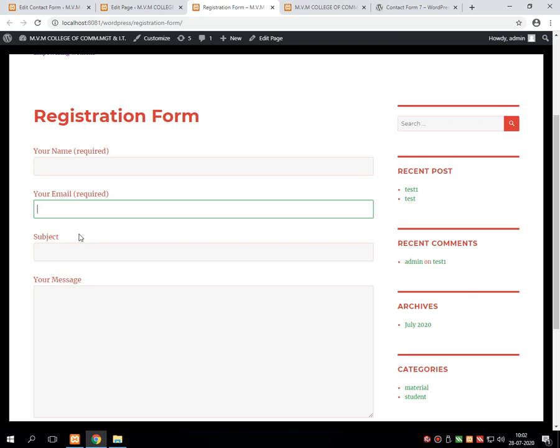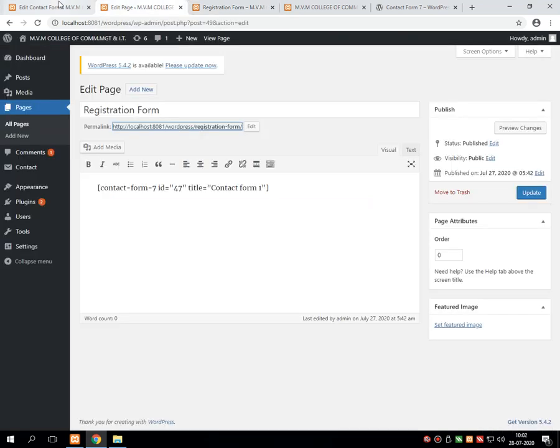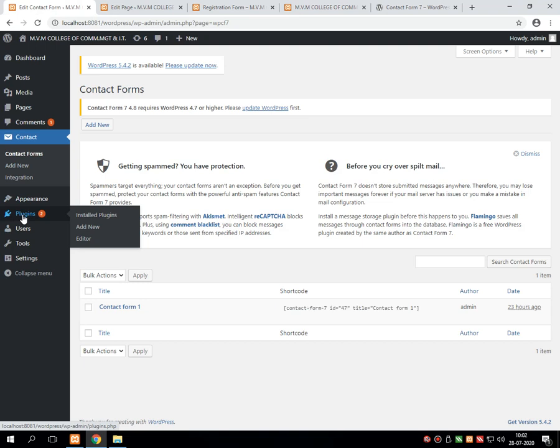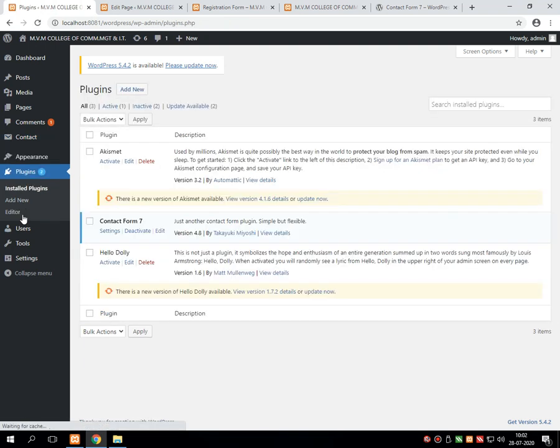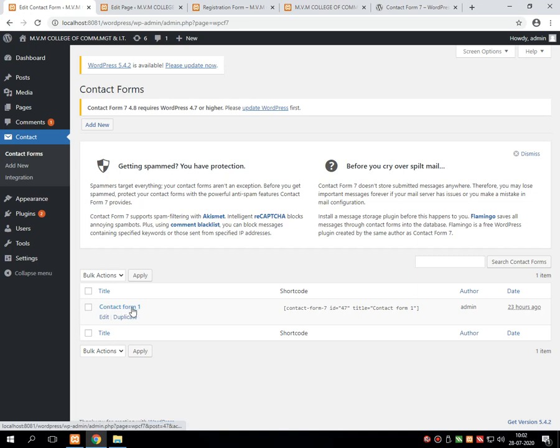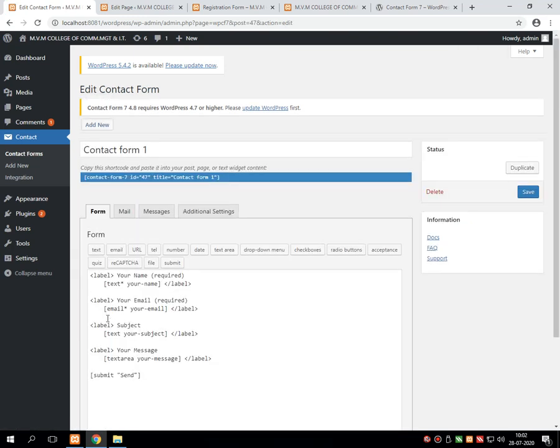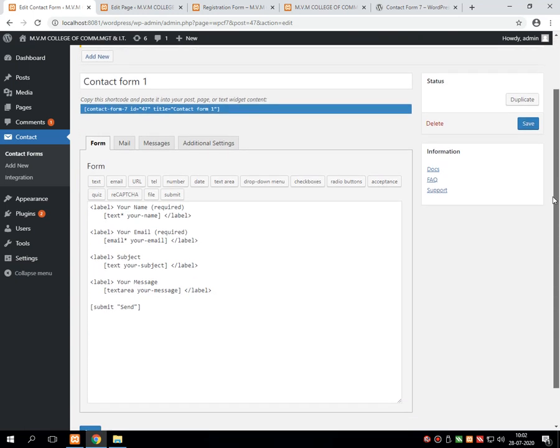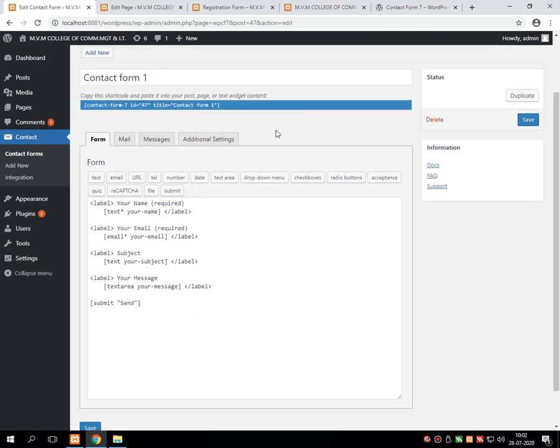These types of questions we are going to solve in this particular section. So try to be concentrated on whatever I speak. Again I am going into the plugin section, and into the plugin I am visiting the settings. Into the settings, this contact form I am using, so I am clicking on edit. Now once you press edit, you will see this type of window on the screen.